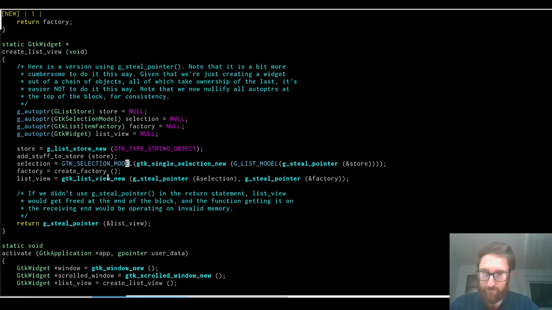for example, instead of just calling glistModel on store, we're going to call GStillPointer on the address of store, so that then it passes the address of what's baked into the store pointer to the single selection new function, but then it nullifies this guy up here. And so what that means is when we get to the end of the function and it goes out of scope, it will not try to free it, because if it did,